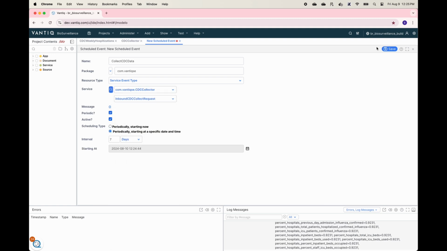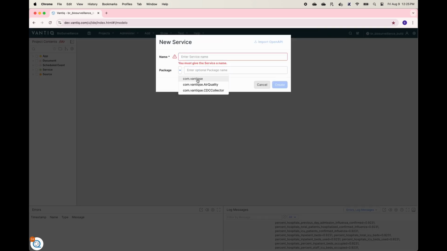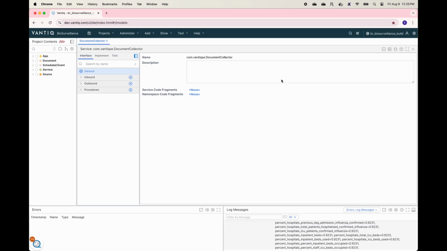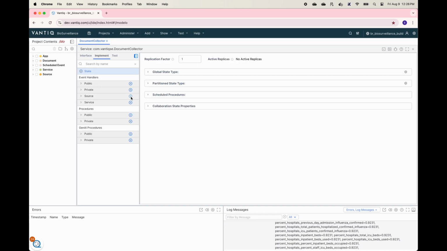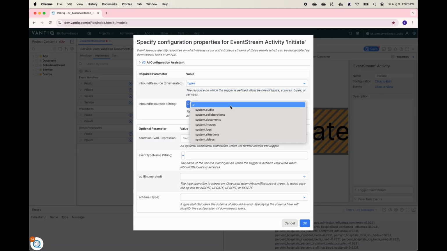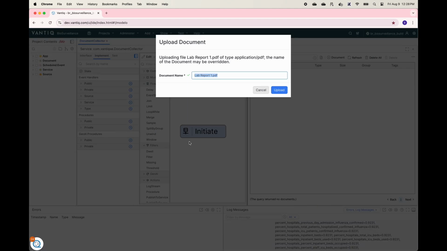In our third and final source for this video, we will set up a service to listen to incoming lab reports that are either manually uploaded or sent to the Vantiq system via API. To do this, we'll create a document collection service and tell it to listen to any inserts into the Vantiq document store. We can test this by manually uploading a document, and we see the event badge indicating it's received